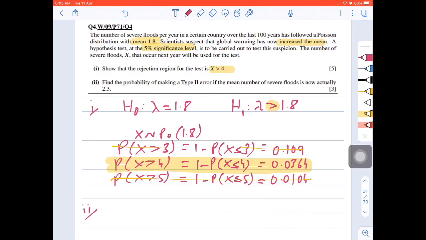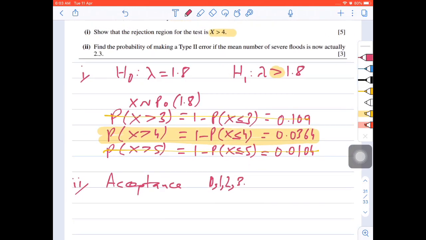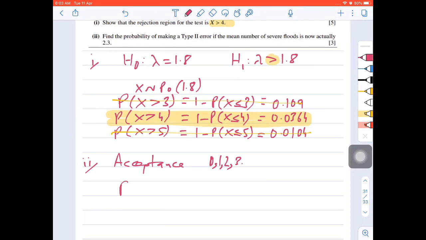Part 2. Find the probability of making a type 2 error if the mean number of severe floods is now actually 2.3. Okay, so the rejection region was X greater than 4. The acceptance region was 0, 1, 2, 3. So now basically X follows Poisson with 2.3, and we have to find the probability of the acceptance region for the wrong null hypothesis using the new mean. So probability of X less than or equal to 3 is equal to